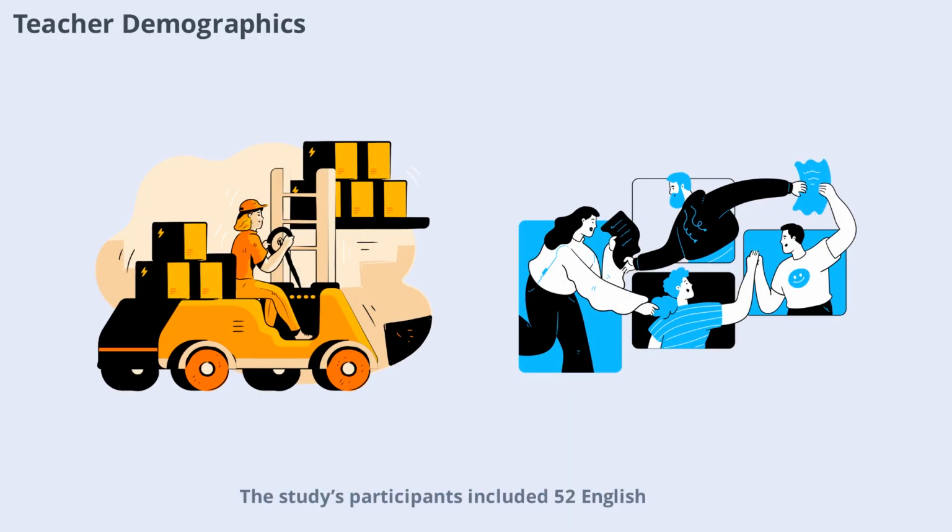The study's participants included 52 English language teachers from various TVTC colleges. The group was nearly evenly split between male and female teachers, with a range of teaching experience from 1 to over 20 years. Most teachers taught beginner or intermediate students, reflecting the diversity of English proficiency levels in the classroom. This variety in backgrounds and experience levels provided a rich source of perspectives on the use of code switching in